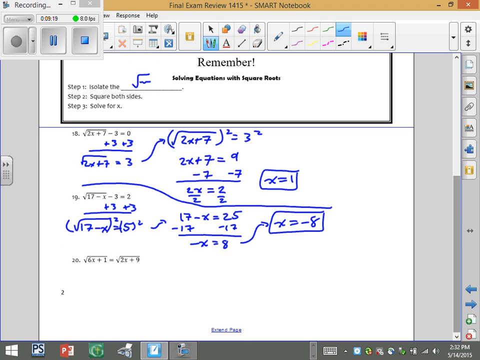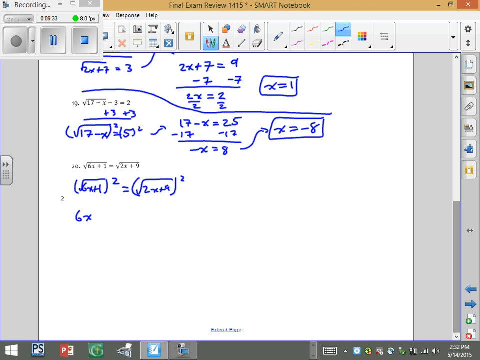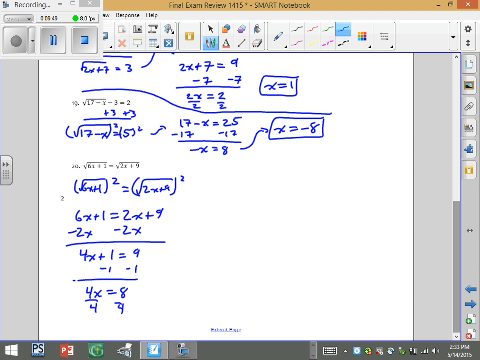And then the last thing, there's a radical on both sides, which means we can go ahead and square both sides right away. So 6x plus 1 squared, 2x plus 9. We're going to undo the square root by squaring both sides, which means really we just have 6x plus 1 equals 2x plus 9. And now just start moving pieces to combine like terms. So subtract 2x from both sides. So 4x plus 1 equals 9. We'll subtract that 1. So 4x equals 8. Divide both sides by 4. And we end up with x equals